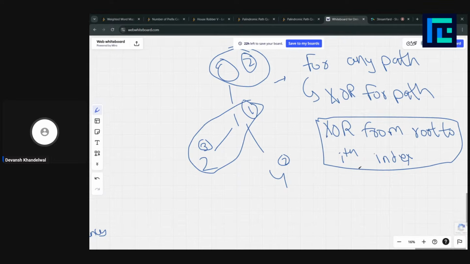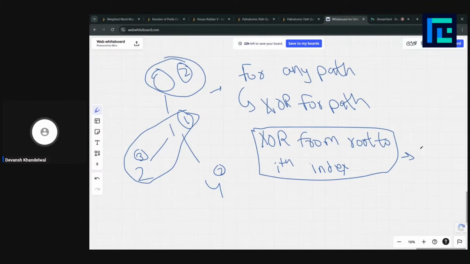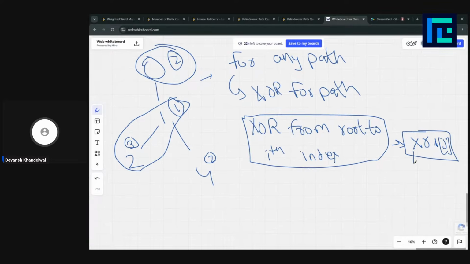And this is basically stored in an array xr, where xr[j] basically gives us XOR from root to jth index.